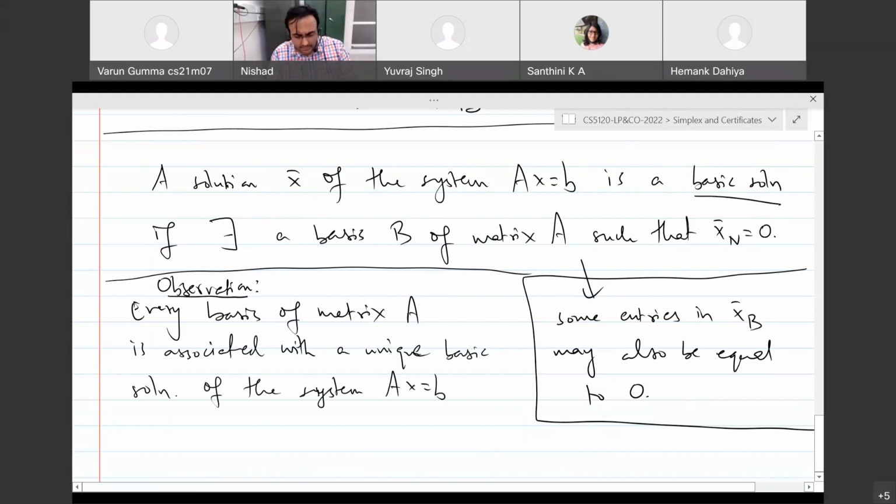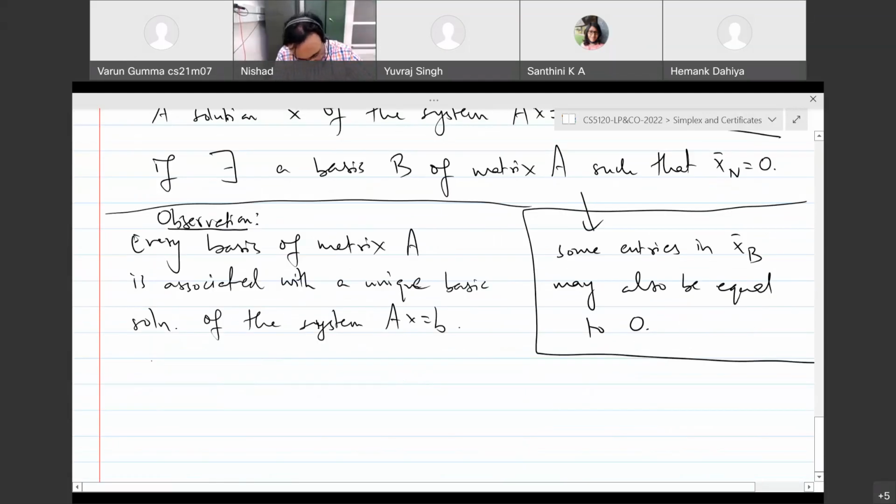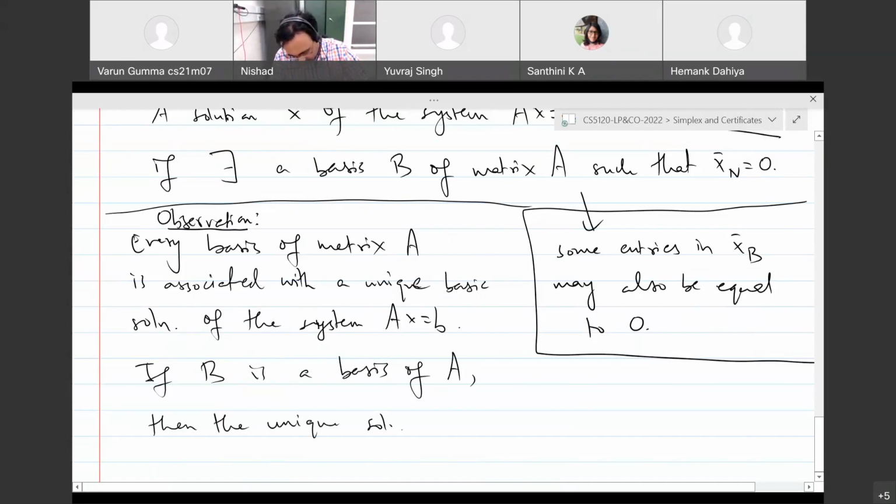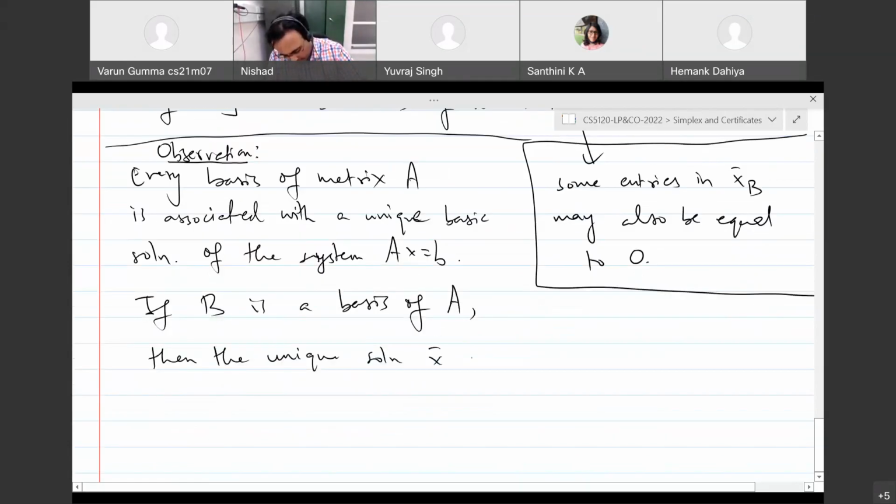Why is that? Well, if B is a basis, then the unique solution corresponding to this basis